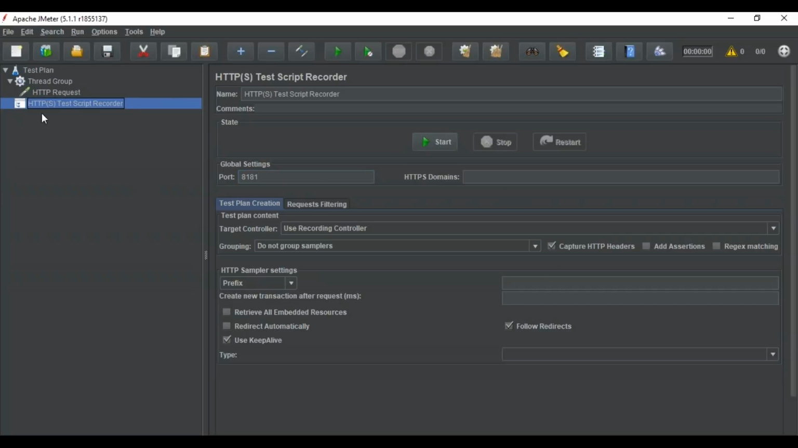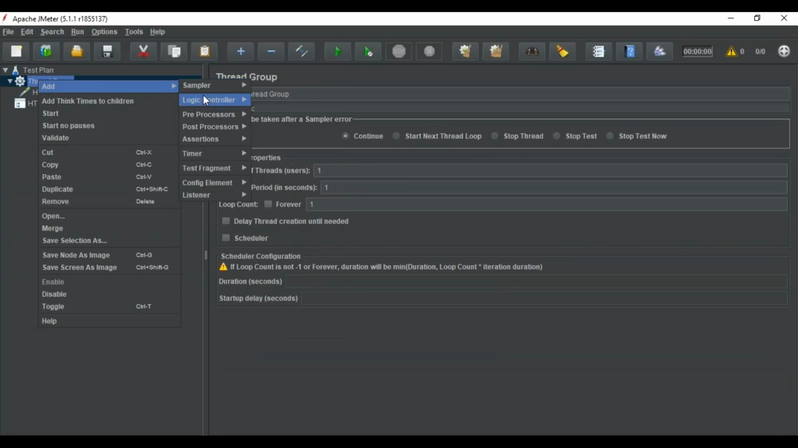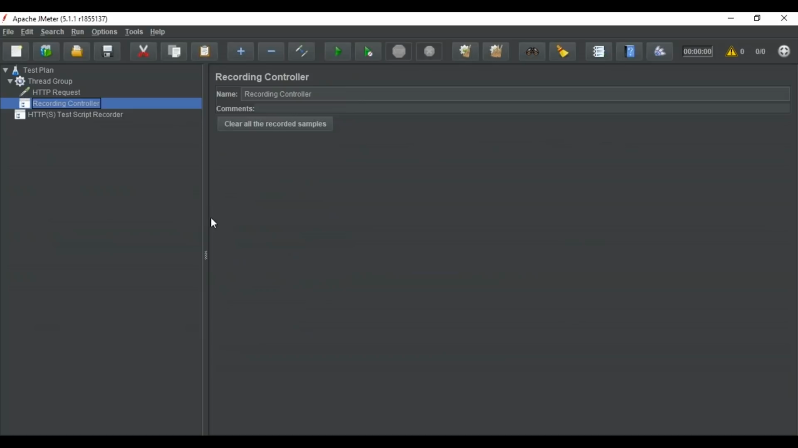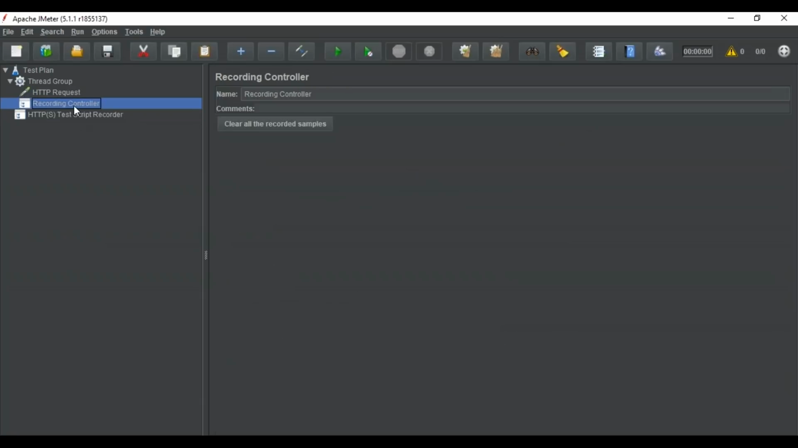Now before we work anything on this, we have to go back to our thread group and we will add one logic controller. Now inside logic controller we have the recording controller. This recording controller will basically record the events that are taking place. So you can also record it in your test script recorder, but in case you want to record certain events individually, you can always select a number of recording controllers and name them accordingly